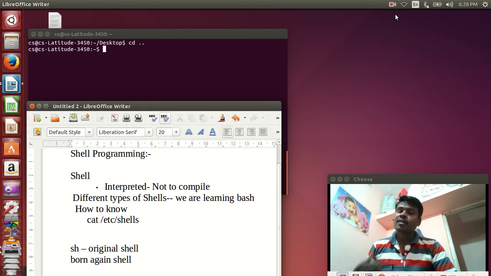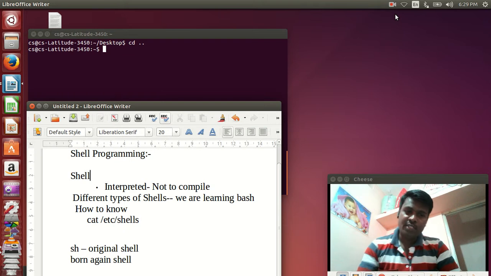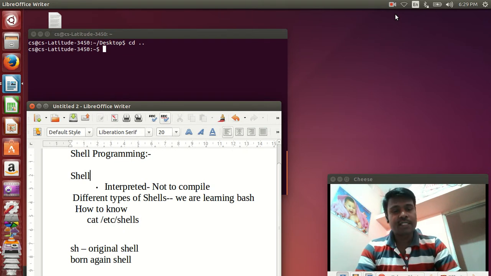Hi. Today we shall learn shell programming. Before you learn shell programming, it is important to know what a shell is and what shell scripting is. Shell programming is basically an